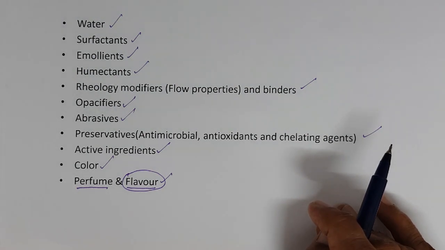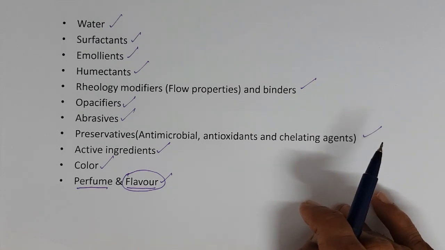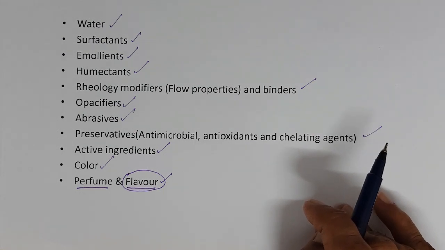Boost flavor, Horlicks flavor. For those things we say flavor. Or chocolate flavor, vanilla flavor for biscuits. Those are all flavors. Perfume is for external, flavor is for internal, and toothpaste is generally considered an internal product, so we say toothpaste flavor.